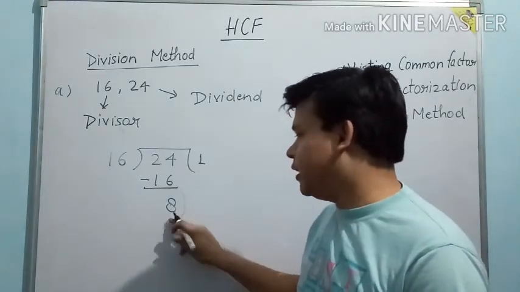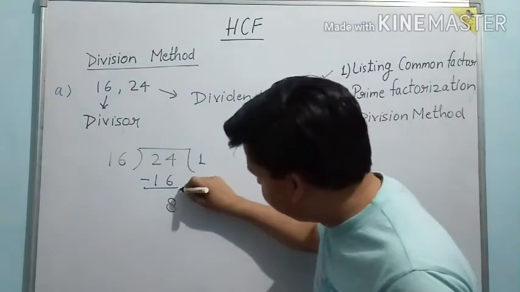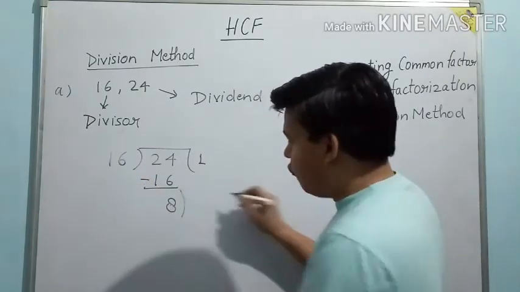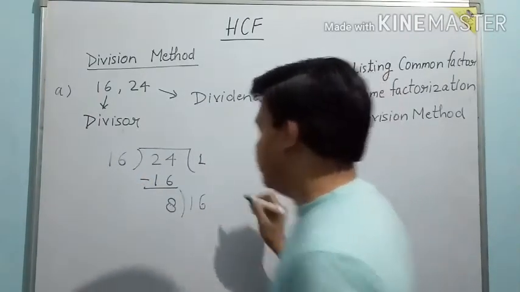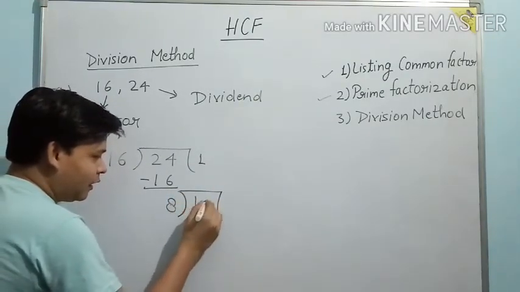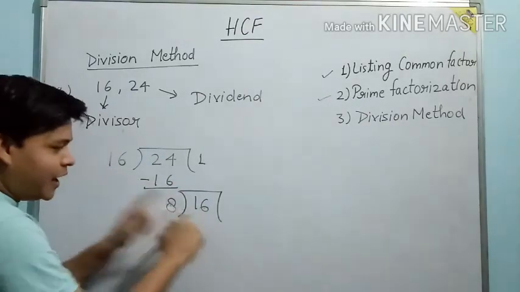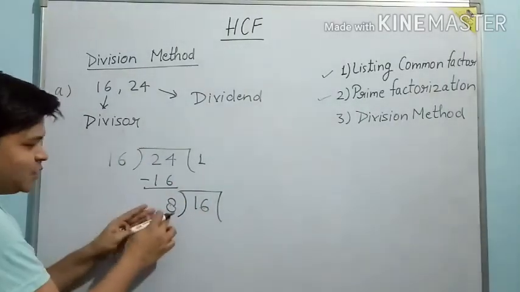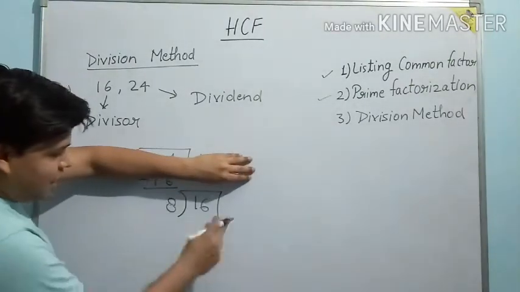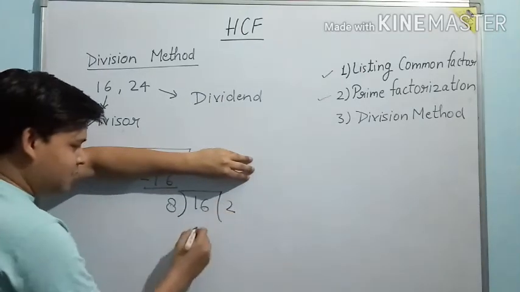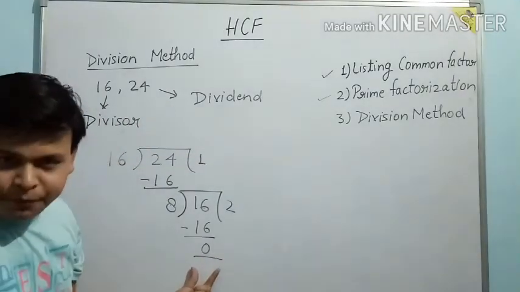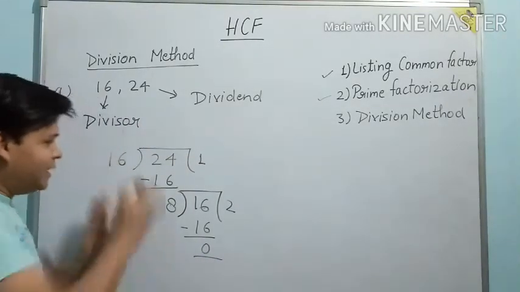यानी ये जो remainder था अगर वो 0 नहीं है तो ये बन जाएगा आपका divisor, और लास्ट जो डिवाइजर था आपका यानी 16, वो आपका बन जाएगा डिविडेंड. So I am writing here once again that the last divisor has become the dividend and the remainder has become the divisor. बस आपको ये समझना है यहाँ पर. Now once again we will forget about this and start dividing these two numbers. So 8 2 times 16 and remainder is 0. So as we have got the 0 here, यानी हमें 0 मिल गया. Now this method is done.